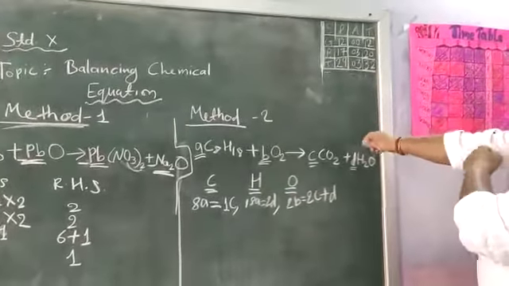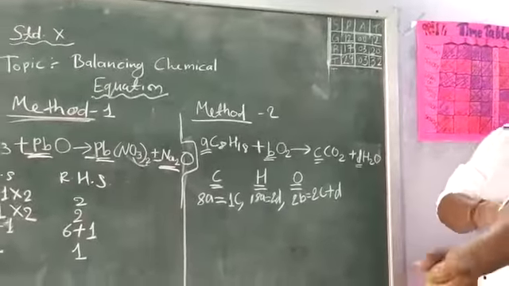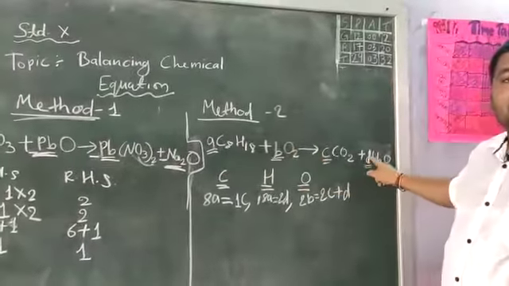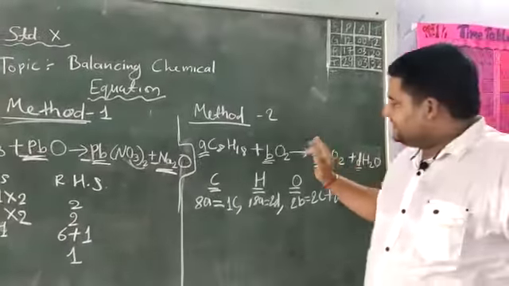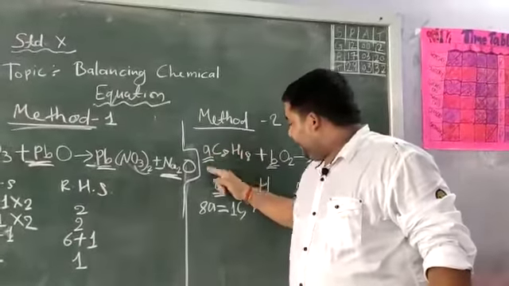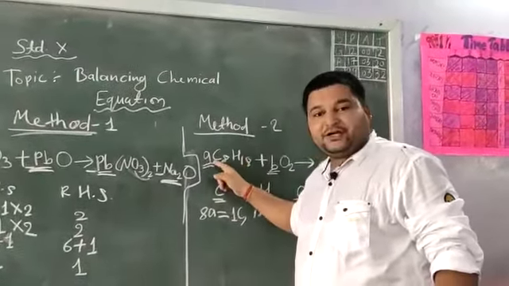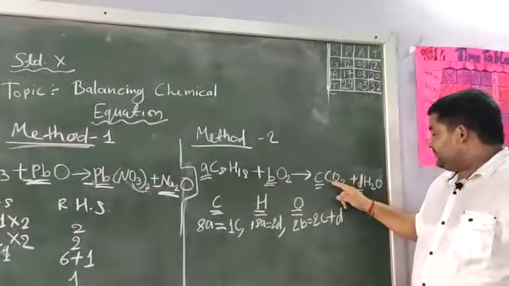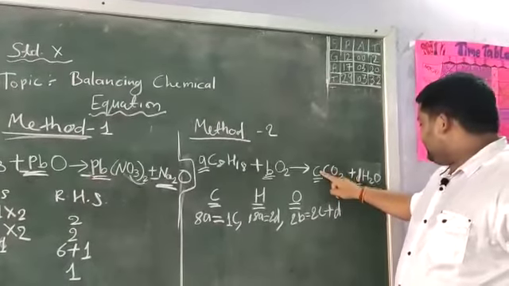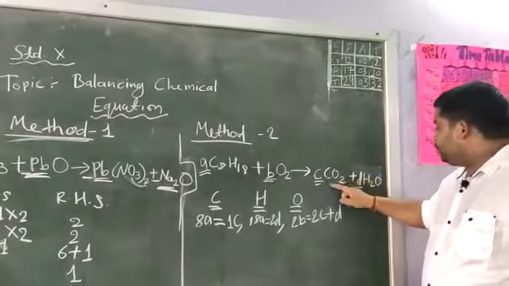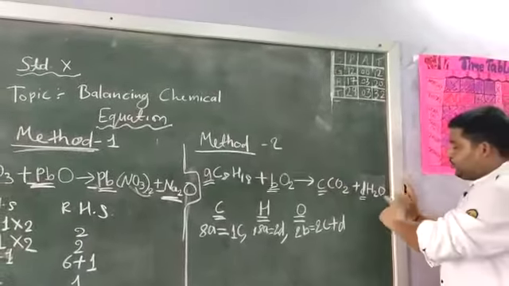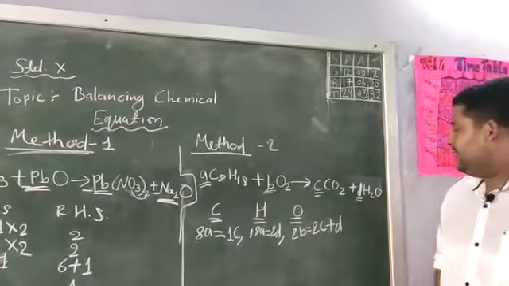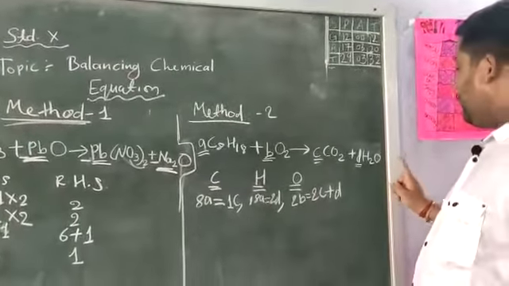Okay. After that, what you will do? Now I am repeating again. First, write here A, B, C, and D at coefficient place. After that, just check that if 8 carbon, so 8A, 18 hydrogen, so 18A hydrogen. 2 oxygen, so 2B oxygen. 1 carbon, so 1C carbon. 2 oxygen, so 2C oxygen. 2 hydrogen, so 2D hydrogen. 1 oxygen, so 1D oxygen.